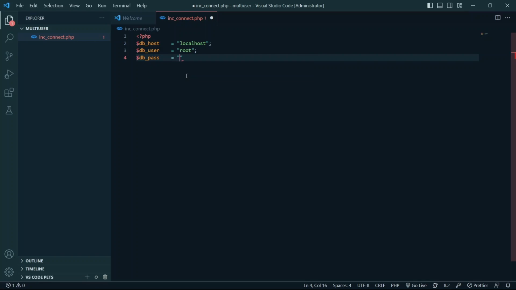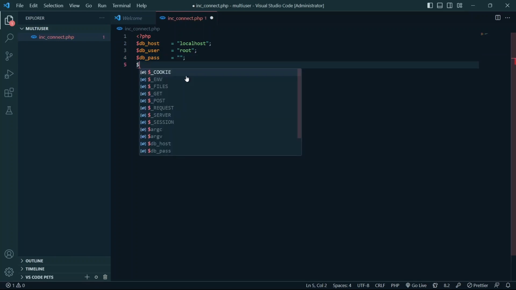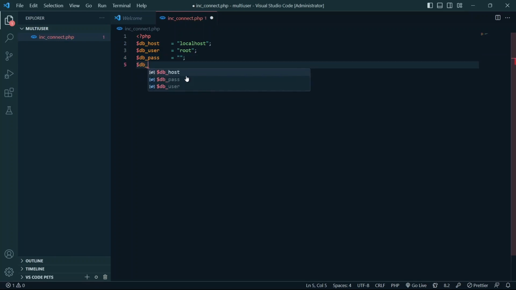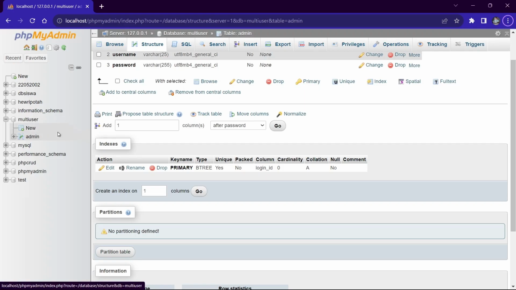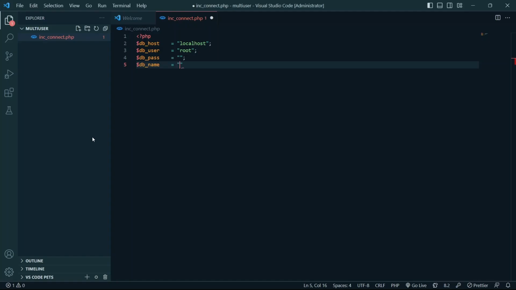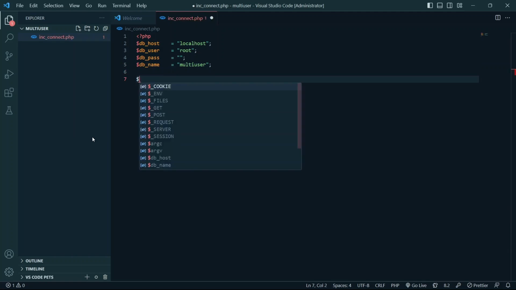We are using XAMPP, so keep it blank. Also db name, as your database name you created before. So mine here is multi-user, like so. And then another variable named connect,